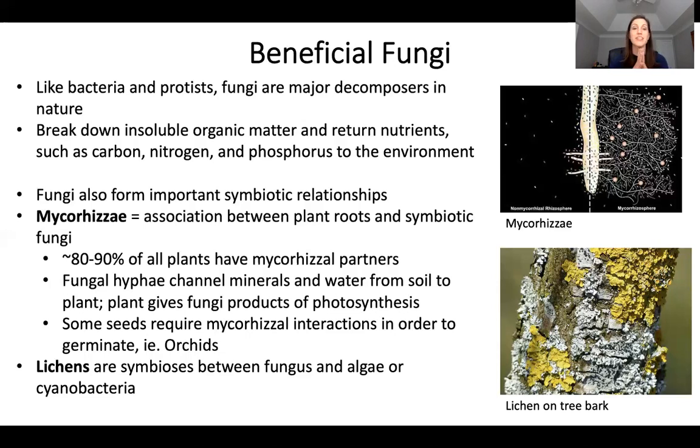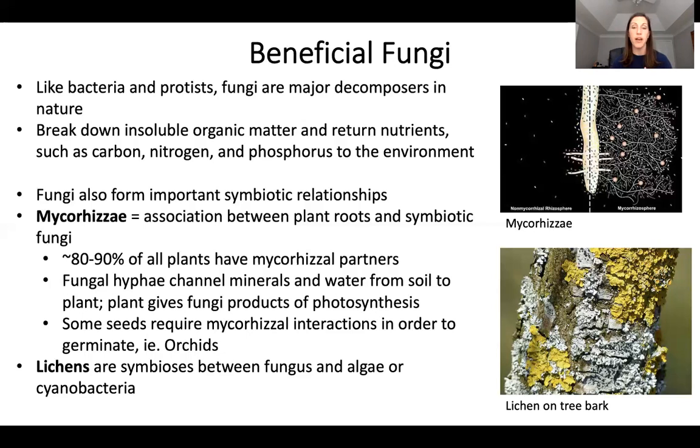The reason that this is so important to us as humans is that we rely so heavily on plants for food. And if 90% of plant species depend on the mycorrhizal interaction with the fungi to be healthy and produce well, then it all flows up through the food chain, right? So those mycorrhizal interactions are critical for the health of the plant. And because we depend on plants for food, then we also depend on the mycorrhizal interaction.